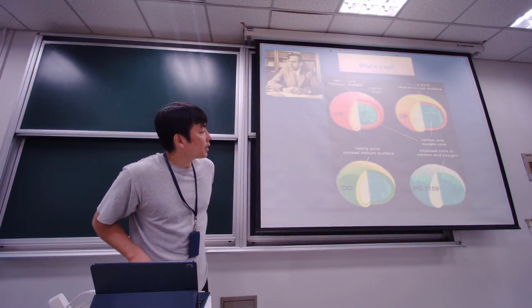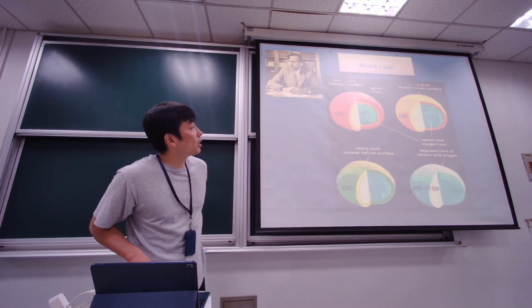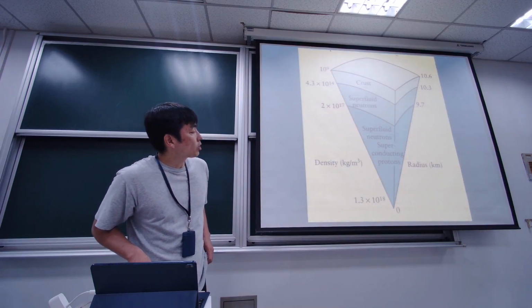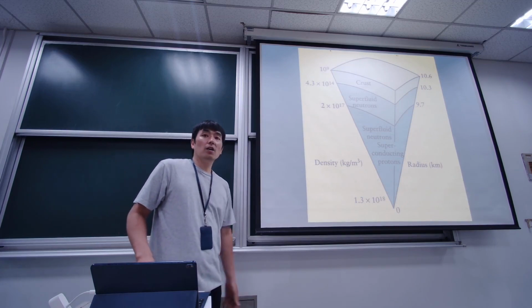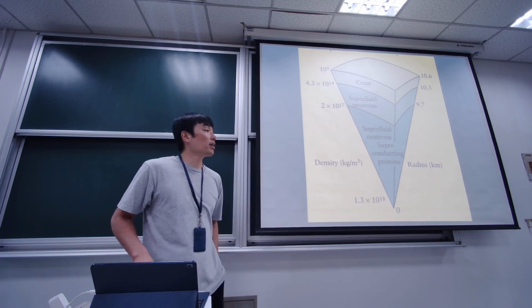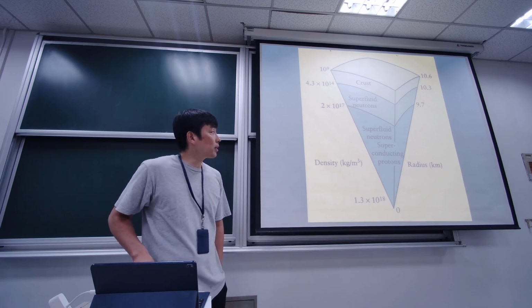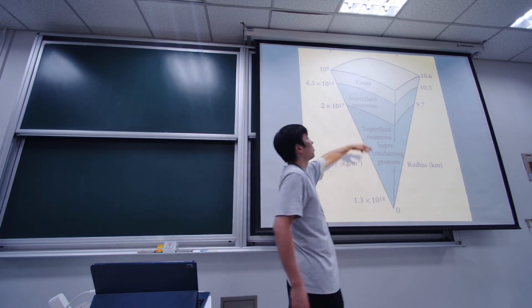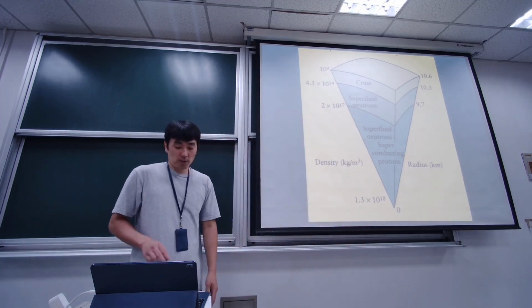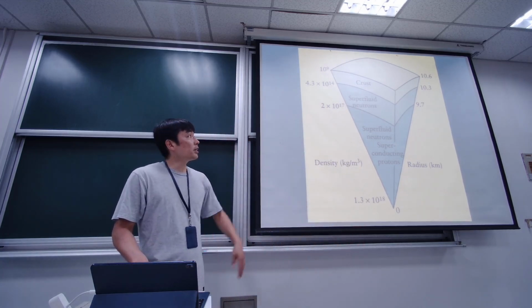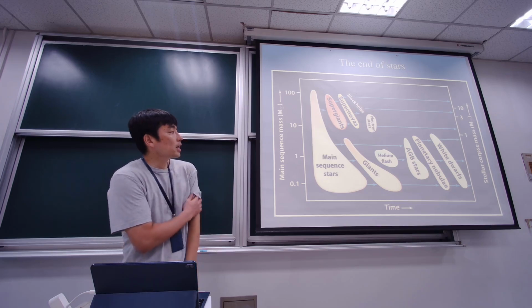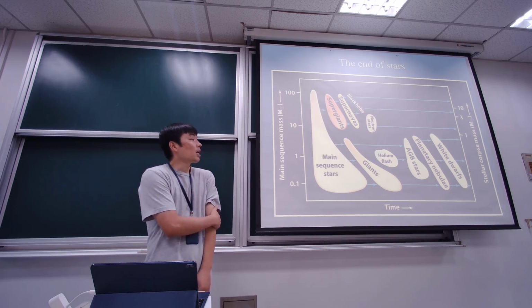Okay, and then there are lots of things going on. So some stars become a neutron star, and inside a neutron star is also believed to have this kind of layer. So superfluid neutron, superconducting for proton. There's a proton inside, but at the surface you have a superfluid neutron and then some crust in the neutron star. And here's how the star gets old.